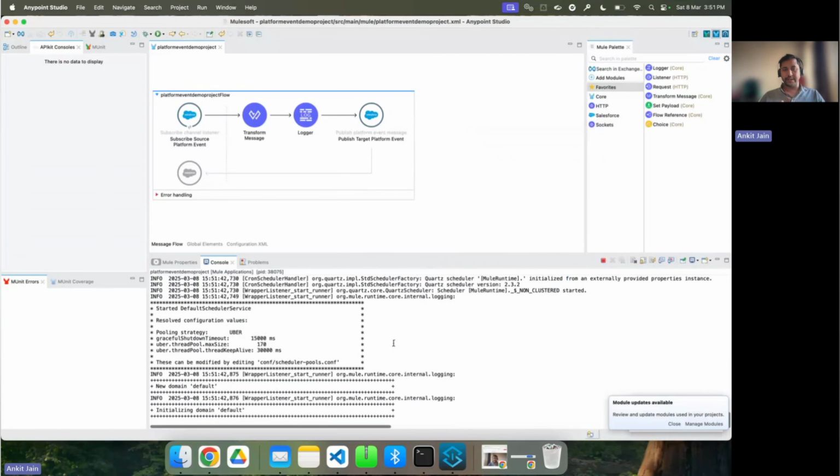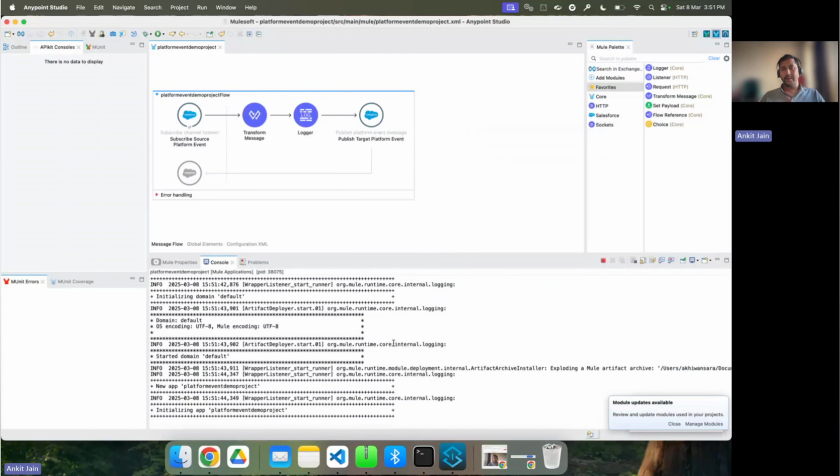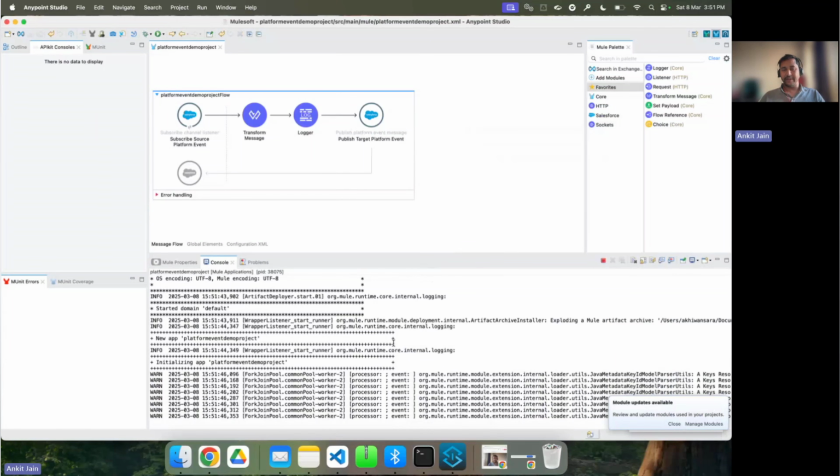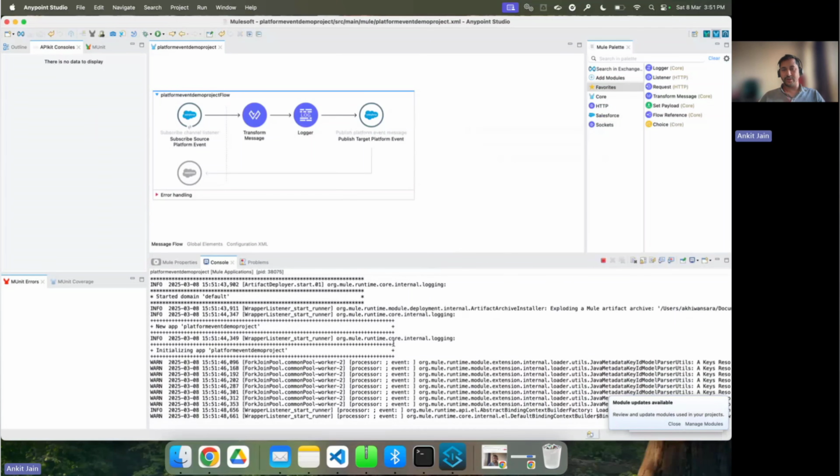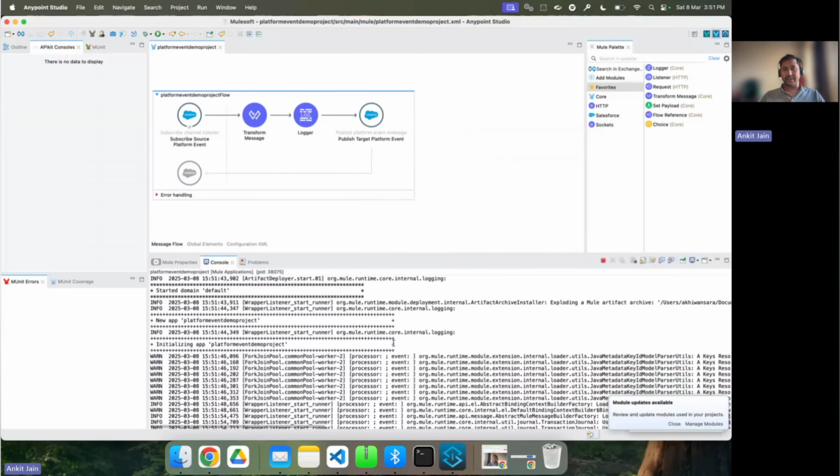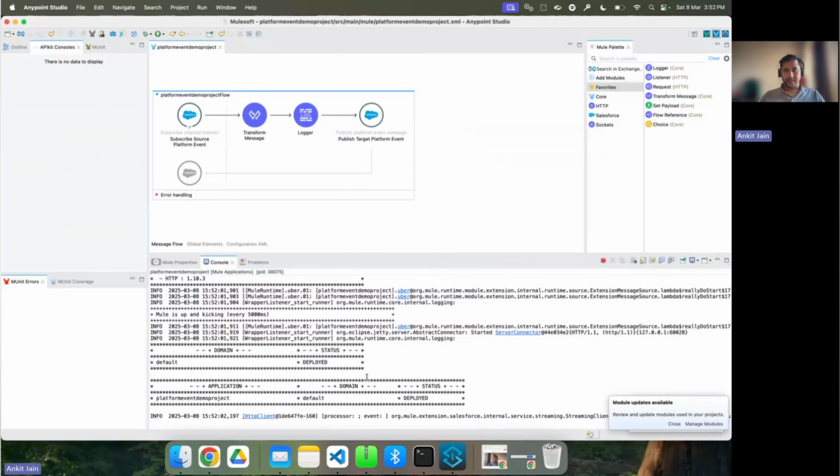Again, what I am doing here is I am running this project on the local server, but if you are building it for the enterprise, definitely you have to host this project on your MuleSoft cloud, and then you can do the publish and the subscription part. Okay, now